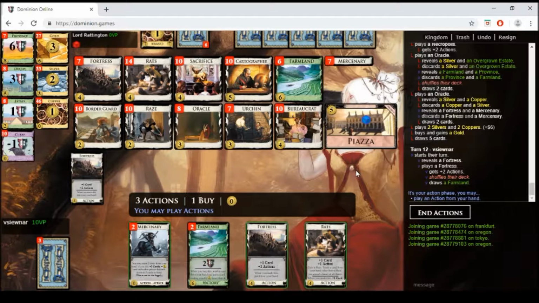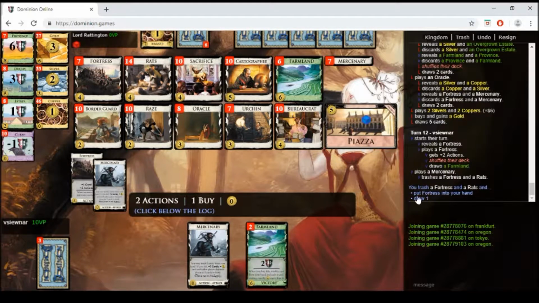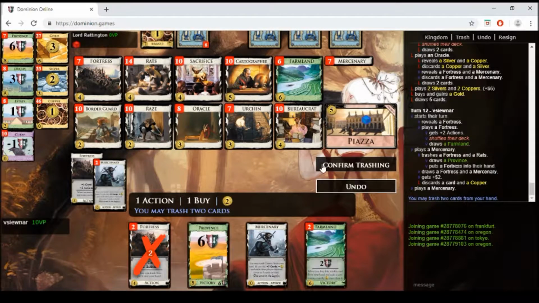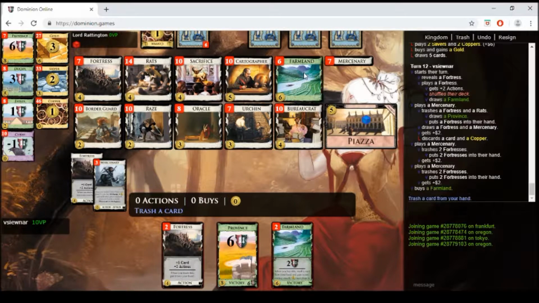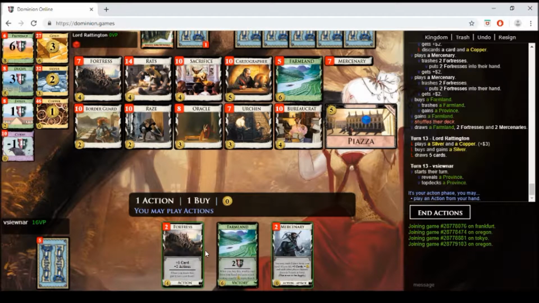Alright, so that triggered fortress, the Piazza. So we'll kill these. I would like to draw and get the fortress back. Alright, so we're good. Yeah, I kinda should have kept the rats around, I think, but whatever. So farmland turns farmland in. That missed, actually. So it's pretty bad as far as things go. So we know the top card is...